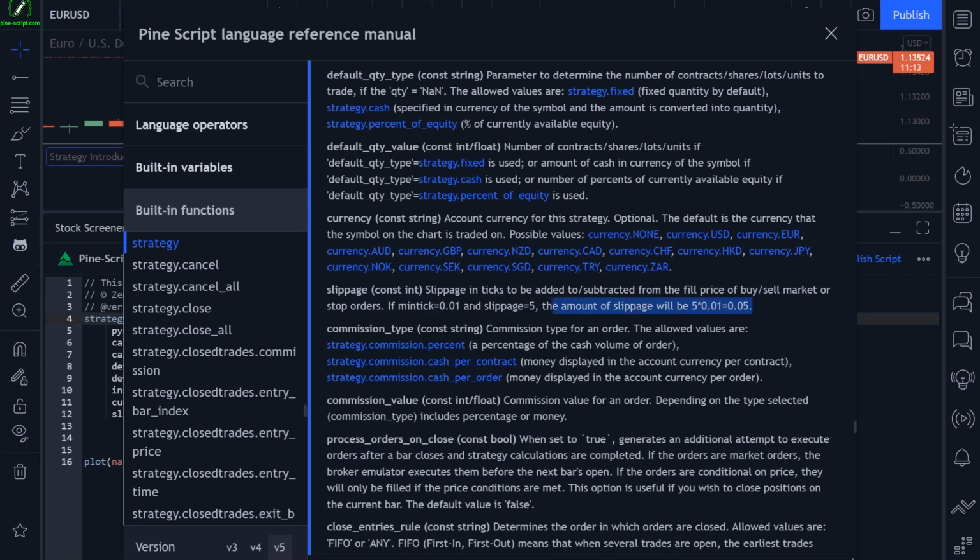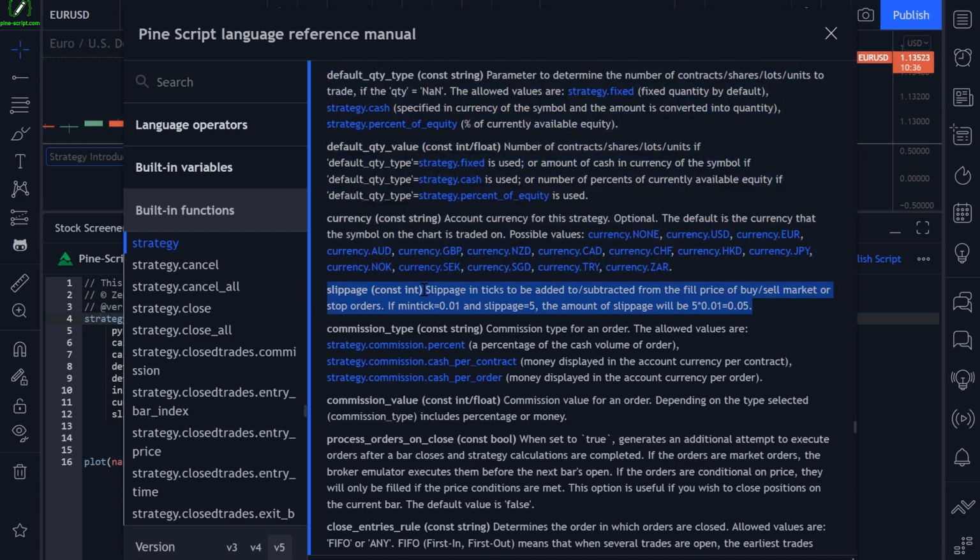I personally don't play around with this myself because slippage is one of those unknown variables. It's dynamic. It's not fixed. Sometimes slippage can work in your favor and you make more than you expected to. Often it doesn't and it costs you a little bit more than you expected. Personally, I just deal with slippage in my trading. I monitor that manually because it obviously depends on the quality of your broker's execution. It's not really something you can plan for in advance unless you have a consistent slippage pattern with your broker,